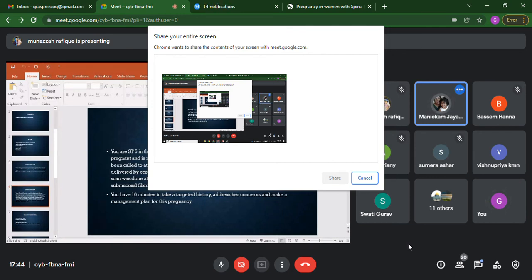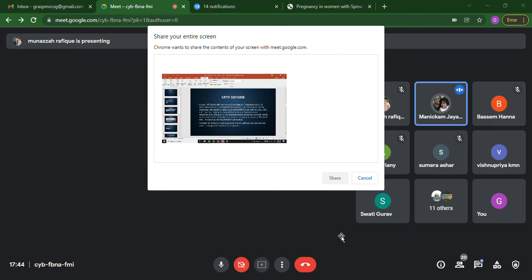She is 22 weeks pregnant in her second pregnancy. The first one being a cesarean section. We do not know the indication, and it was complicated by PPH. Whether there was a history of any antepartum hemorrhage, we should know by history taking, and it was a major PPH. The anomaly scan at 20 weeks shows a submucosal fibroid, and we should know the position of the placenta. Yeah. Placenta localization also we should ask, ma'am.